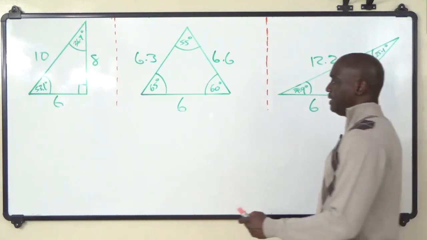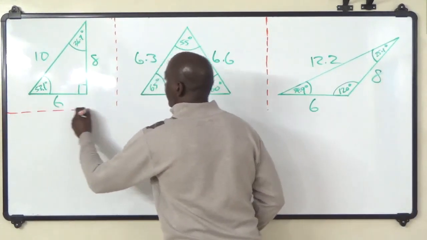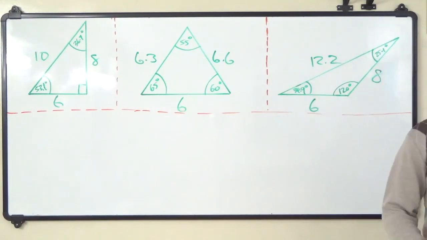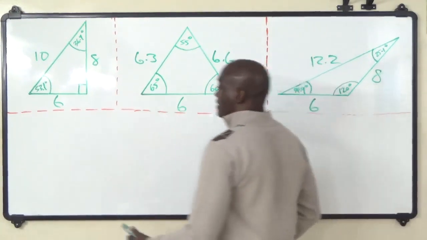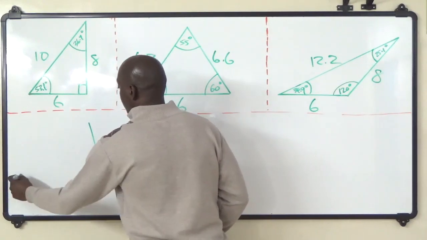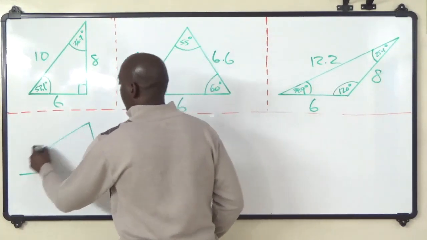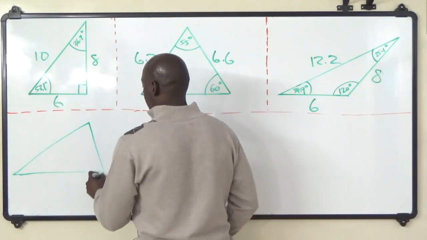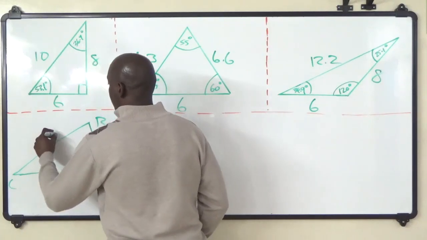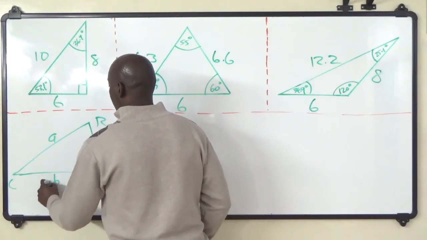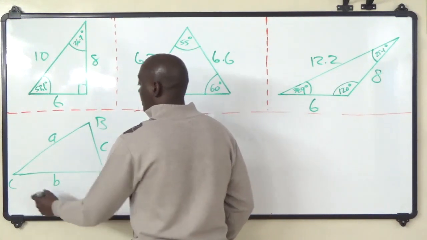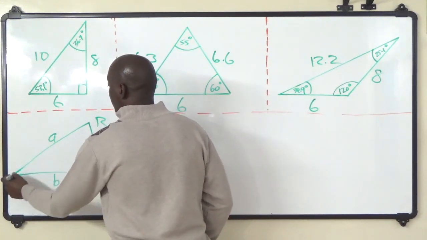Just bear with me here a bit. Right, we're taking the bottom part to explain. So you'll see a triangle looking like this. All right? You'll see A here, B here, and C. So this will be small a, small b, and small c. All right? So this is the convention that we use when we